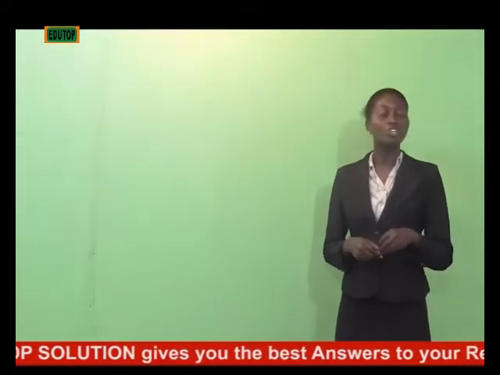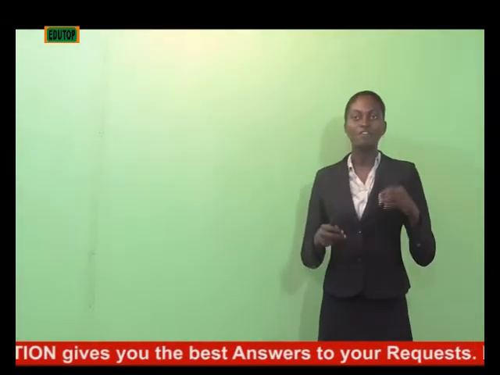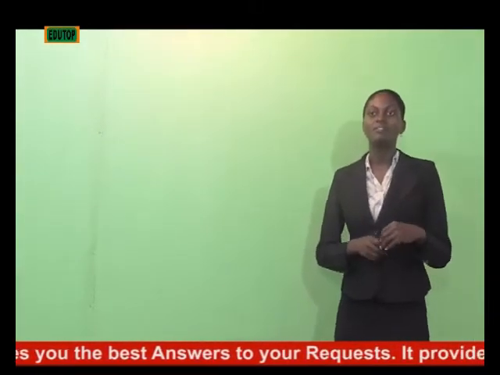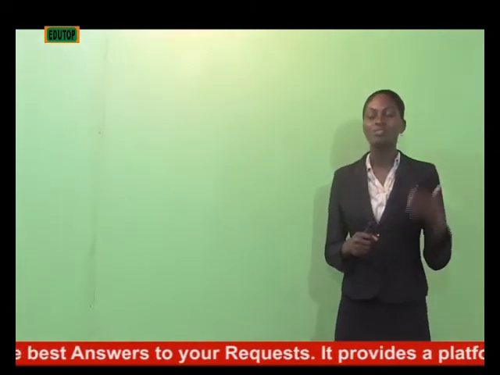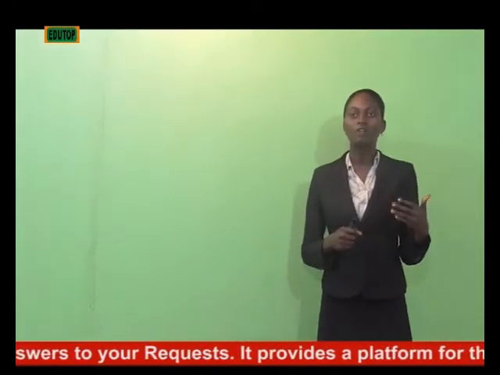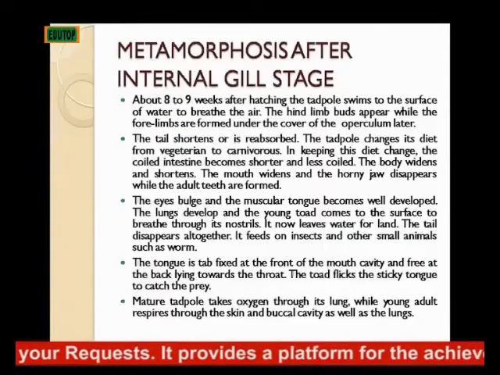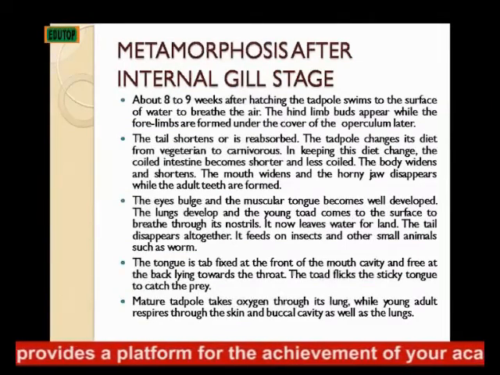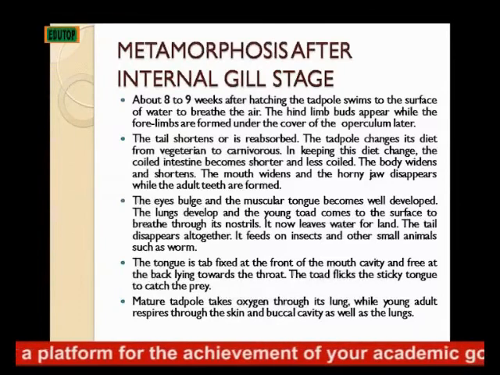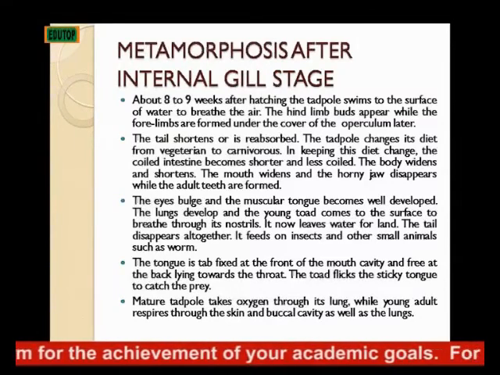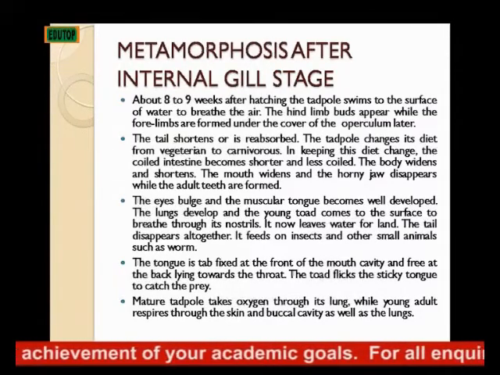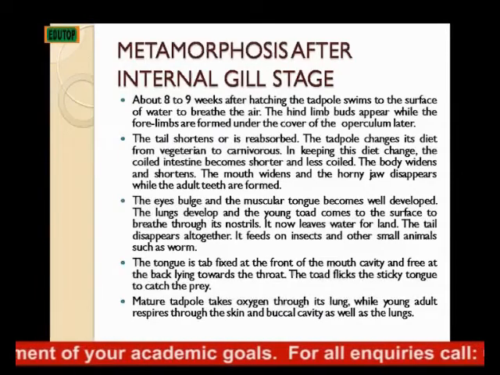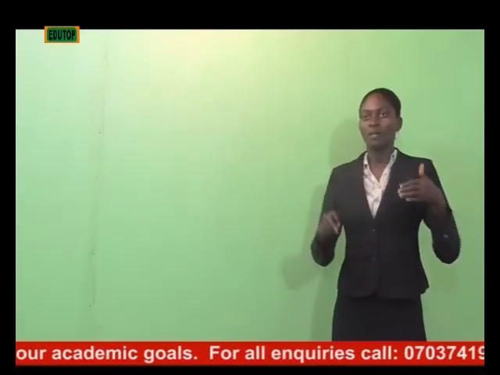The tongue is attached at the front of the mouth cavity and free at the back, lying towards the throat. The toad flicks its sticky tongue to catch the prey. Then the mature toads take oxygen through their lungs, while young adults respire through their skin and buccal cavity as well as the lungs. Now, metamorphosis